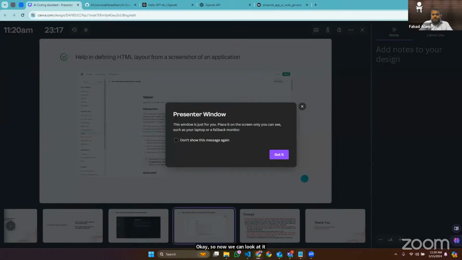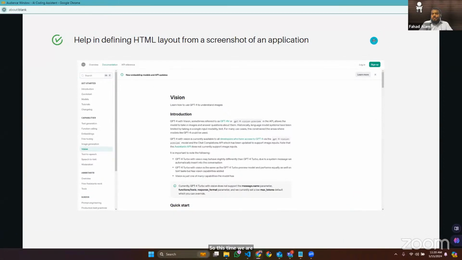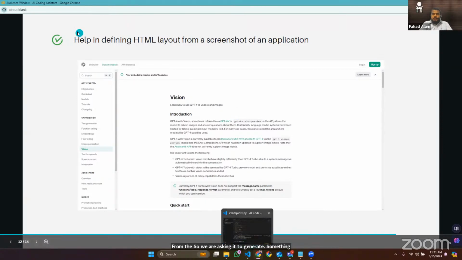Okay, so now we can look at another example. This time we are giving it a screenshot of a page, and we are asking it to help us in defining the HTML layout from this screenshot. So we are asking it to generate something similar to this so that we can start building on top of it. So let me go ahead